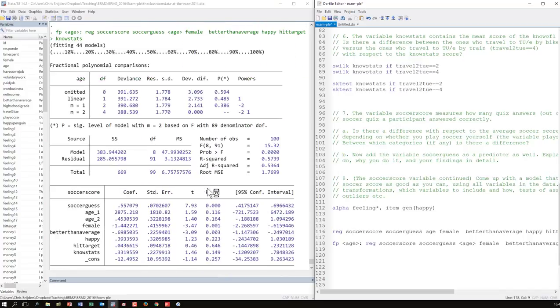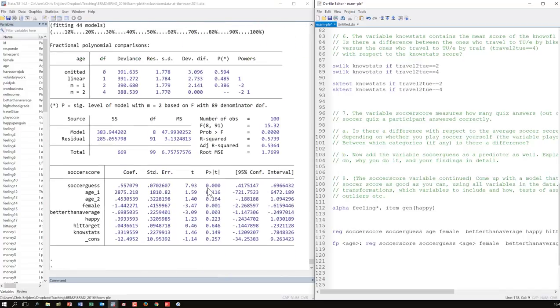So let's see if it does work at all. Okay, and the easy way to see that it doesn't work is there. Here we have that FP output where different kinds of transformations are tried. The row here, the one with m equal to 2, is the row where, let's say, the most complicated transformations have been tried. So here, age is being replaced by 2 transformations of age, let's say age squared and square root of age. And in fact, the only thing you have to look at this point is, well, this is by definition the best model because it has the most elements in it.